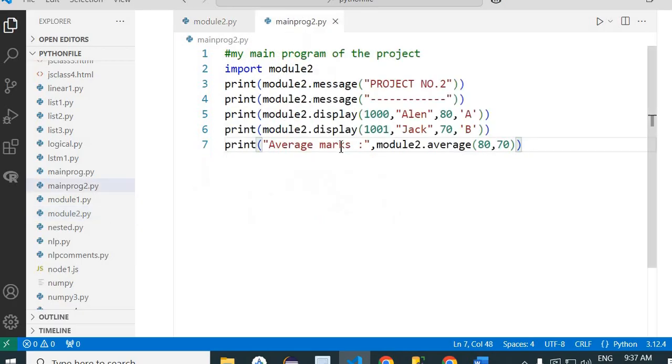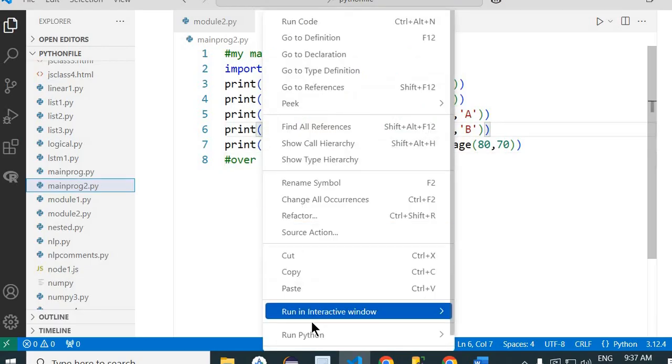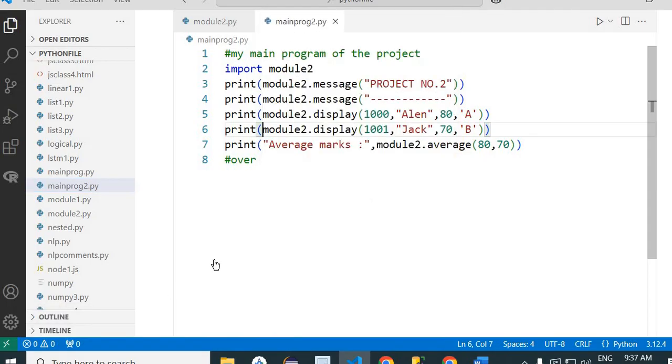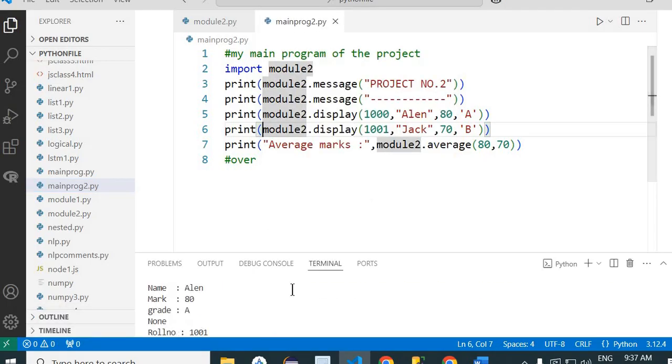Now go to your main program, and your program is over, so you can just write here over. So here what we have learned actually, over, program over. Now just let us run first and then we will discuss about it. So go to Python and run it. So what you got here,